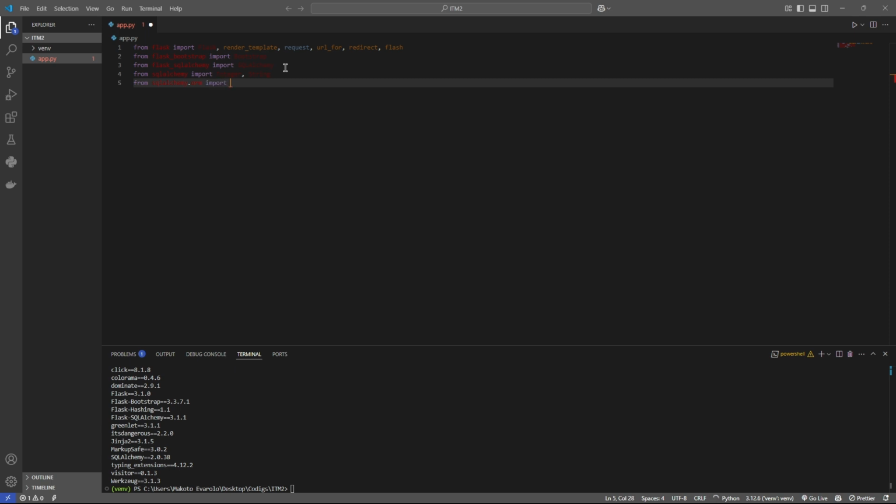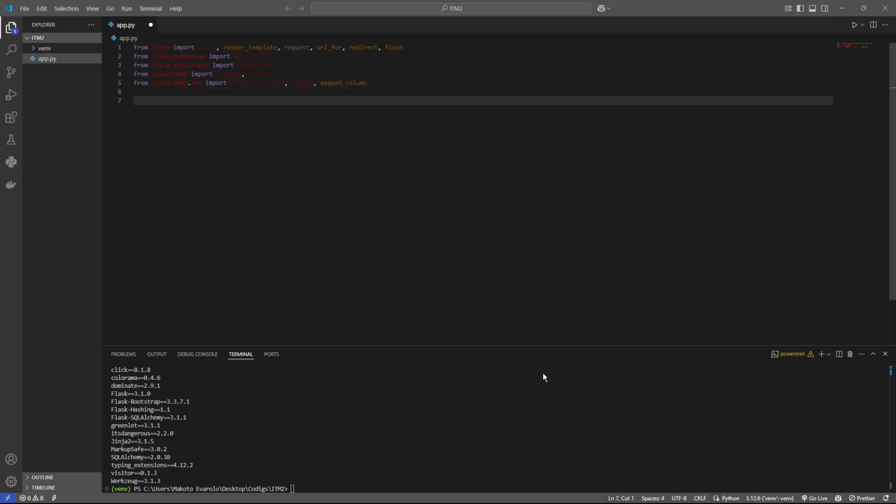Import DeclarativeBase, Mapped, and mapped_column. So yeah, what I did is I just